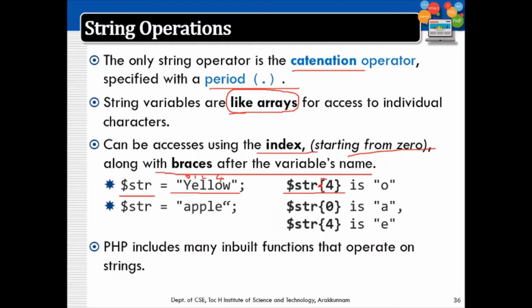We will be using curly braces, not the square brackets, to include the index for a string. It is not the square bracket as we use in arrays. So, the name of the string, along with the index in curly braces starting from 0, and you can retrieve the corresponding letter. These things will be applicable in some programming. Here is another example: the 0th index will have A and the 4th index will be E.